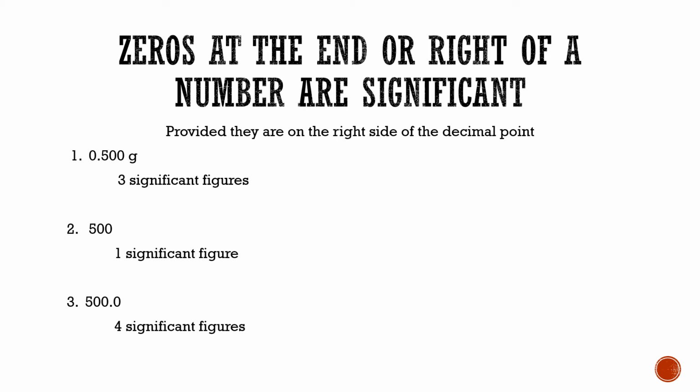The same thing I am saying in the third example. When we put the decimal after the 500 and put a 0, then all three zeros count in the significant figures, and it has four significant figures. So this is a very confusing point. Remember that 500 has one significant figure, but 500.0 has four. We can also take 500.00, then it has five significant figures, and with one more zero it will have six significant figures. So like that.